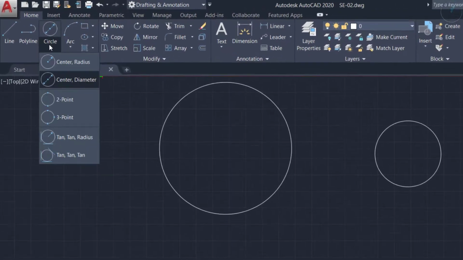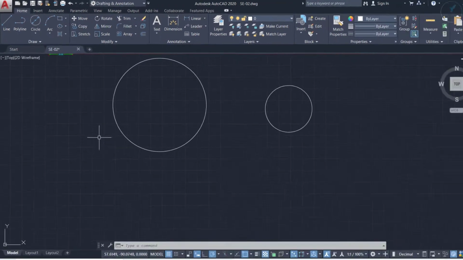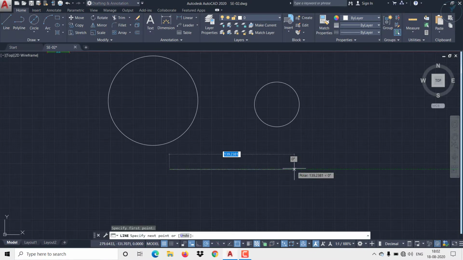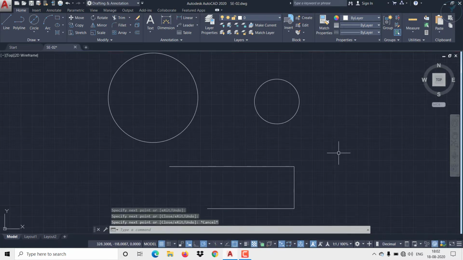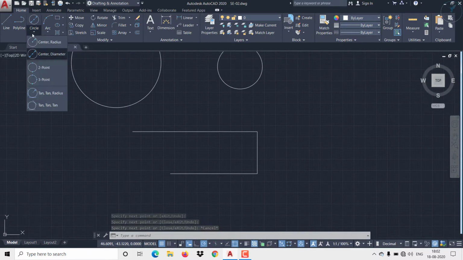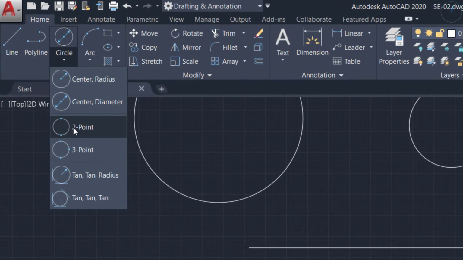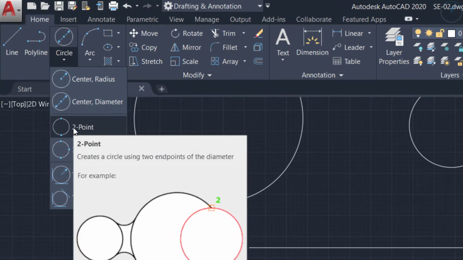Next option we have over here is 2 point. The center radius and center diameter options you can use only when you know the center point. Suppose you don't know where your circle center is located, but you want to create a circle touching 2 points on a line or on a circle anywhere.